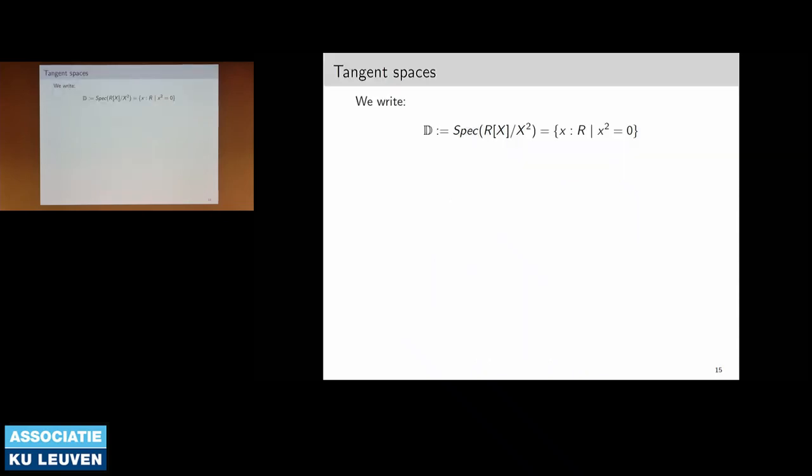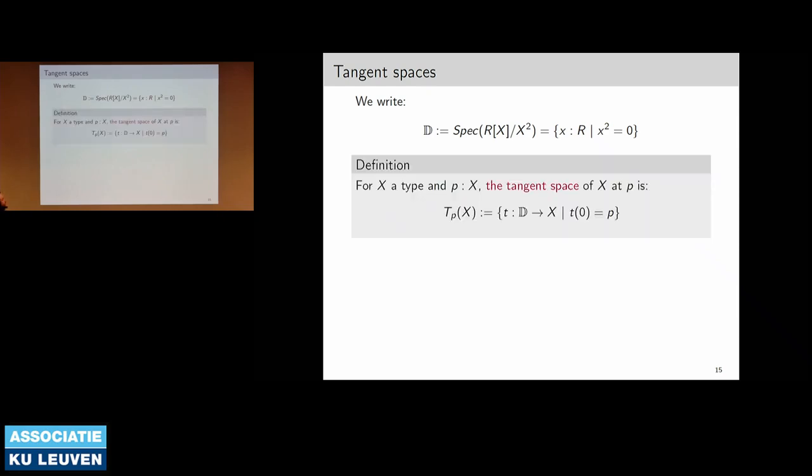So now let's go toward a bit more general consideration. I want to define the tangent space to an affine scheme. So first I define D as this spectrum here. So it's the set of elements in the base ring which have square 0. And so this is pointed by 0. And you should picture this as a point 0 with some infinitesimal information around it. So kind of a fat point in some sense.